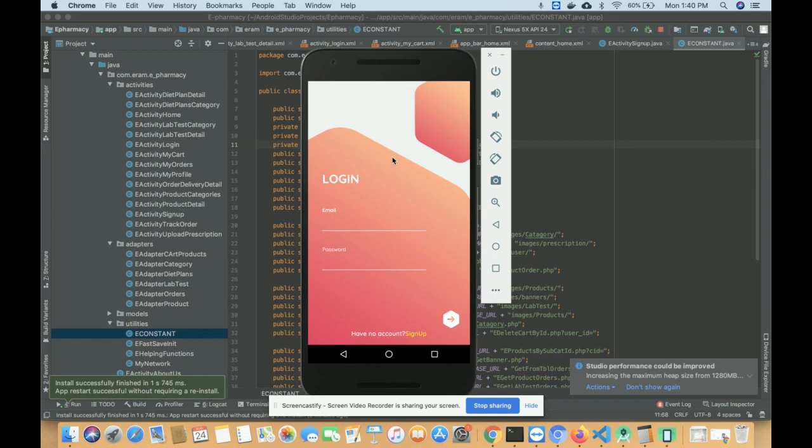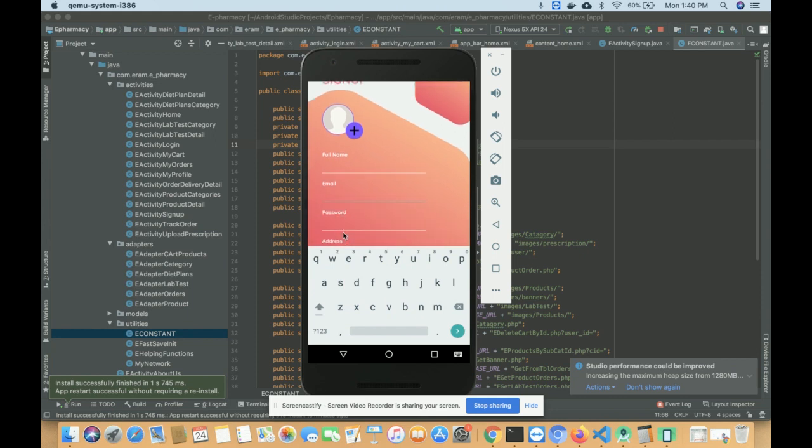So let's start. This is the login page. If you have the login details, you can log in using the email ID and password. If you don't have the login details, you can sign up from here, right? Just click on sign up, and after that, you need to enter the full name, email, and password. After entering all of that, you will be able to register inside the system, and you can log in using that email ID and password, right?